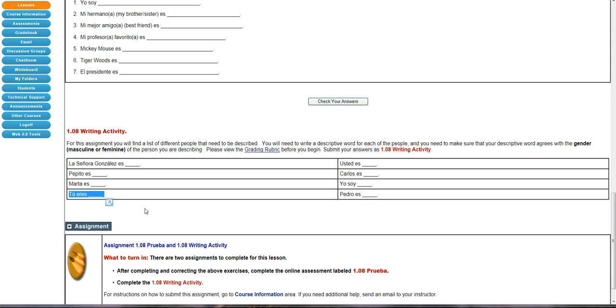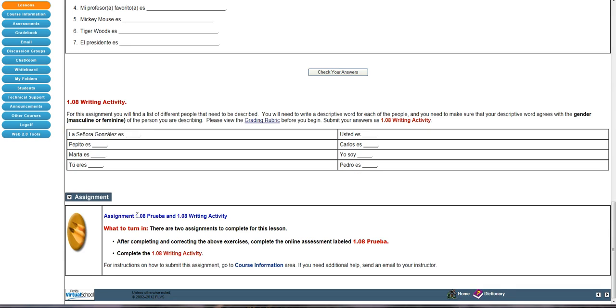If I'm talking to my husband and I say, you are handsome, I would say, tú eres guapo. But if I was talking to my friend and I'd say, you are funny, I'd say, tú eres cómica. So it just depends on who you're talking to. But either way, it's going to be singular, and it's going to make sure it matches. So you're going to go through all of these, and you're going to make sure that you write out the whole sentence, usted es, and then the adjective. So make sure you write the entire sentence, and you are adding the adjective in there.